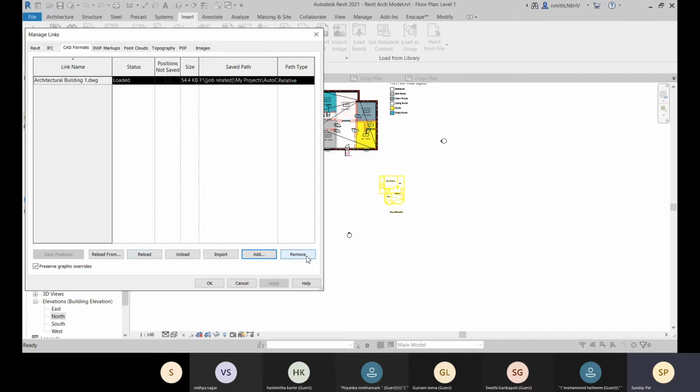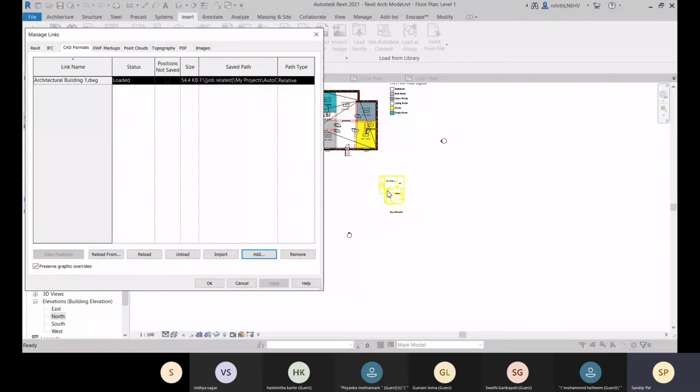And if you want to finally remove it after all the task is done, then choose this remove option. And the reload from, when you select this reload from, suppose you have saved the changes within a different folder.